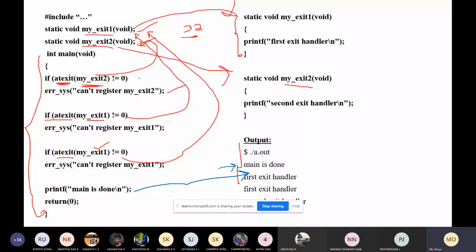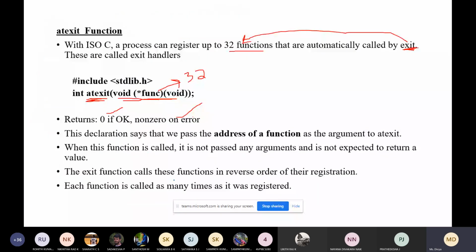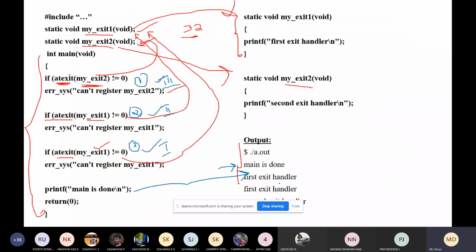Actually we are writing this as the first one, this is the second one, and this is the third one. But they will be called in the reverse order. That means this will be executed first, second this will be executed, and third this will be executed. That is what we are telling here. Exit function calls the functions in the reverse order of their registration. So that is what we are telling here.